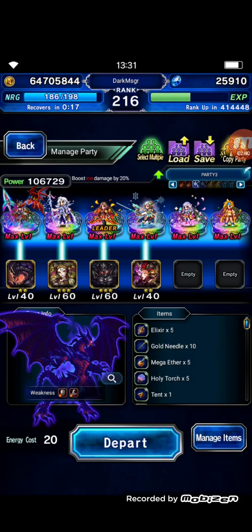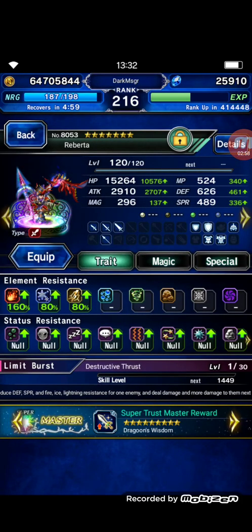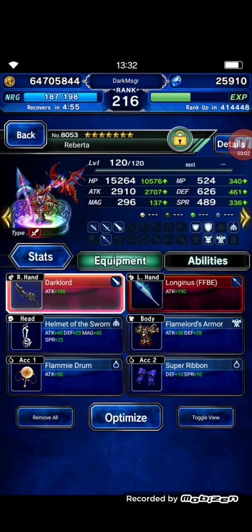And this Dark Bahamut has lots of magical attack and also physical attack, but I use Paladin Cecil to tank it. That's why my score is very awful. So the first unit I will bring is Roberta. Why did I choose her? Because